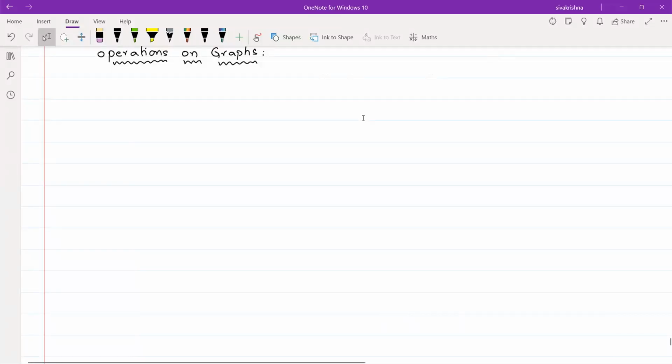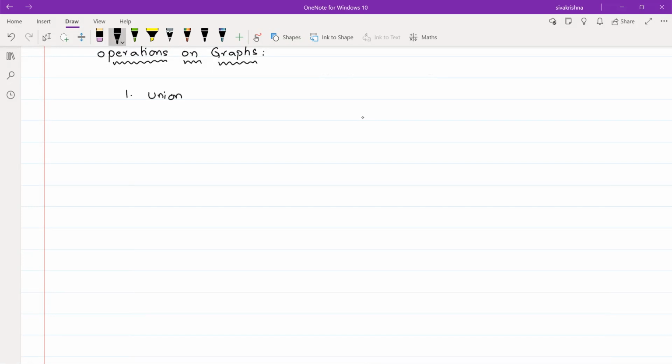Hello students, today I am going to discuss the topic operations on graphs. There are several operations that can be performed on the graphs. The main important operations that can be performed on the graphs are, the first one is